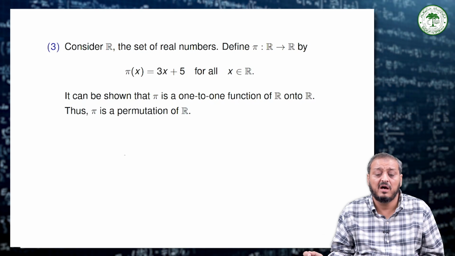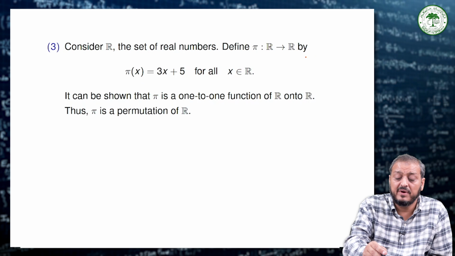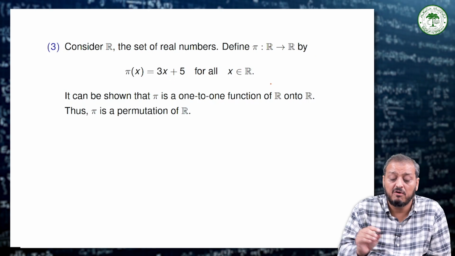Let us try some others. Consider R, the set of real numbers, and pi from R to R defined by pi of x equals 3x plus y for all